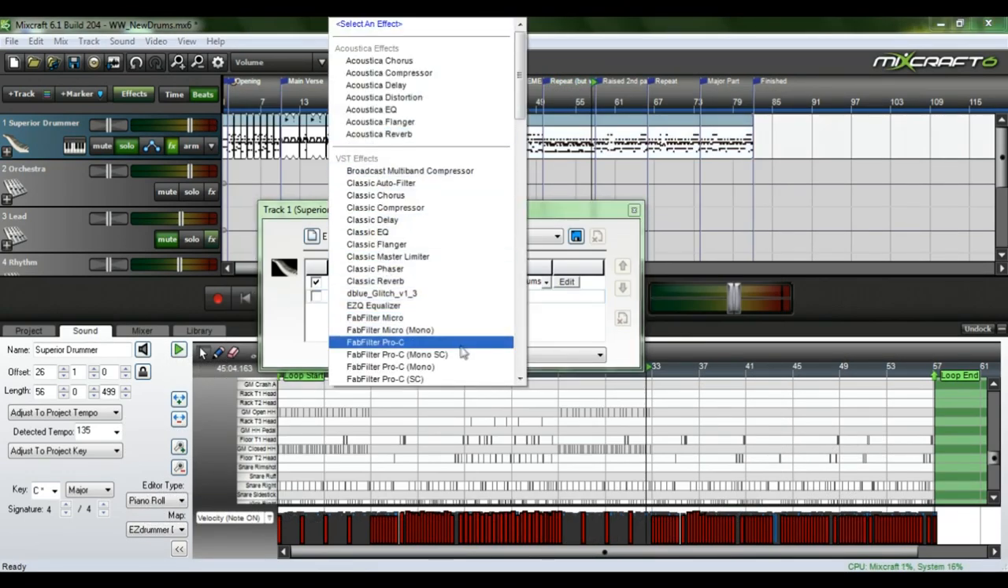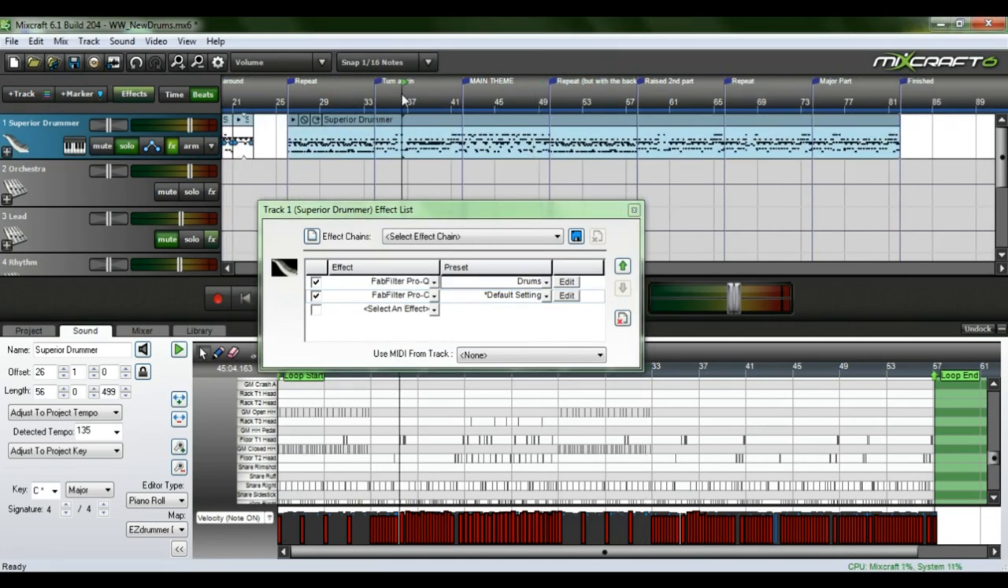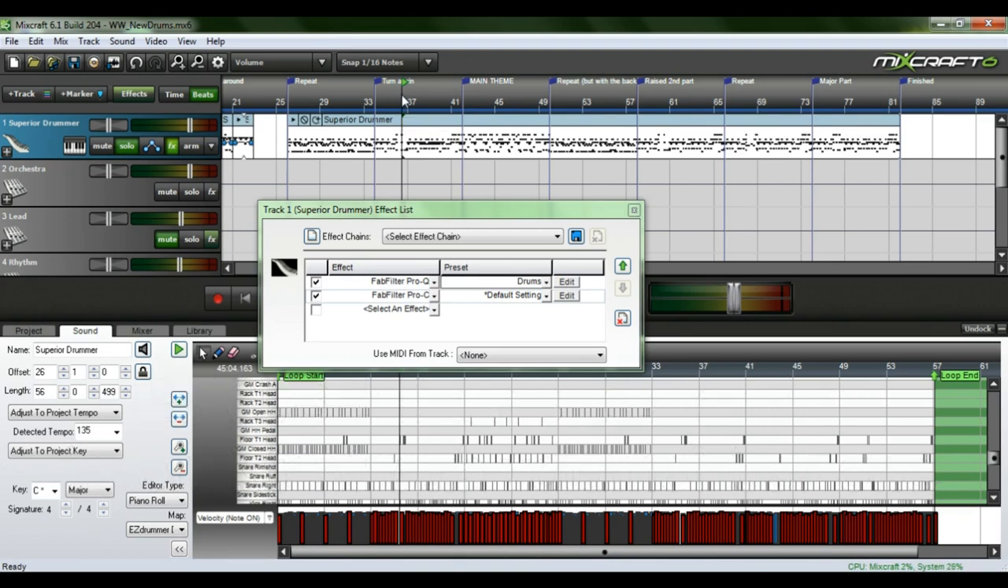Now I'm going to put in a compressor, and what a compressor does is essentially maintain a volume level for your instrument, and when the volume exceeds a certain amount, it starts reducing the volume, and essentially you're flattening. If you look at the sound waves, so let's